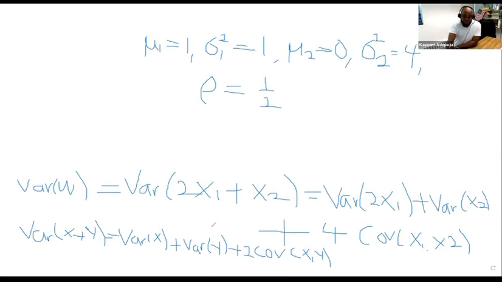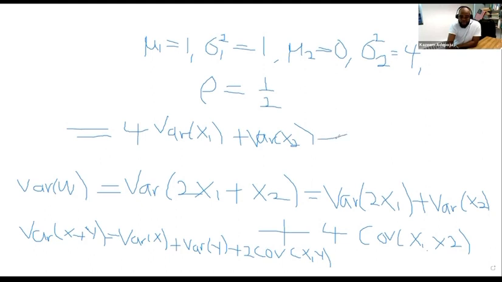So what we're doing right now is figuring out the variance. Here, this is the same thing as 2 squared, 4 variance of x1, plus variance of x2,